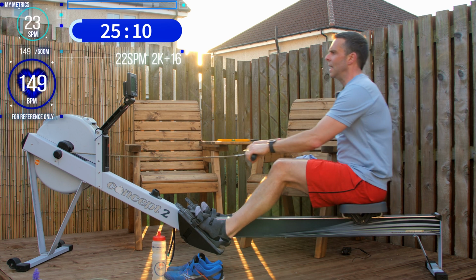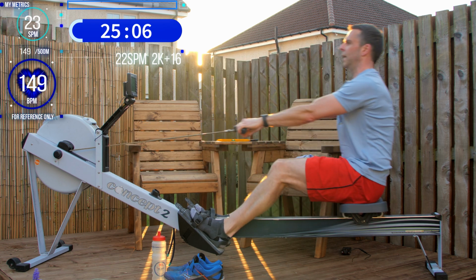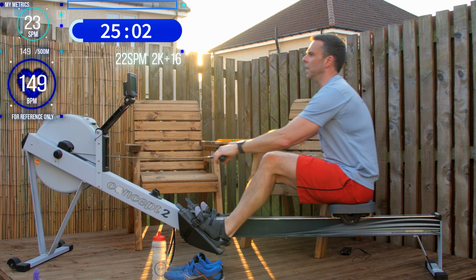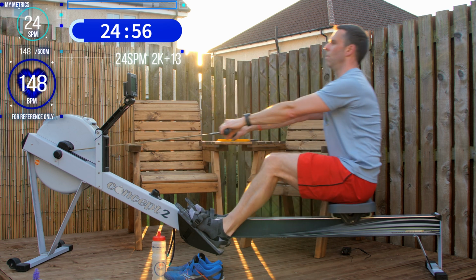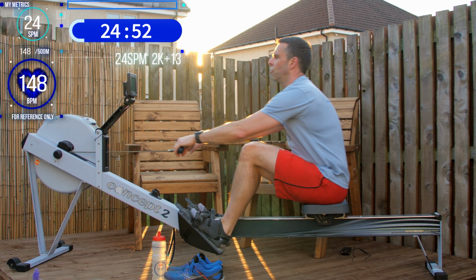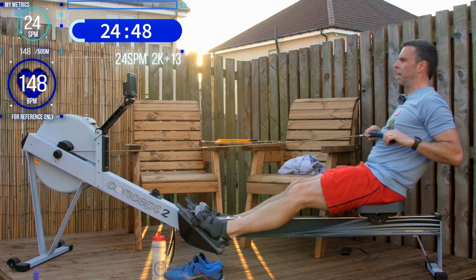Okay, 10 seconds to go. And we're going to go up to 24 strokes a minute and 2k plus around about 13. One more stroke. Here we go. Won't feel too drastic a stroke or pace change,